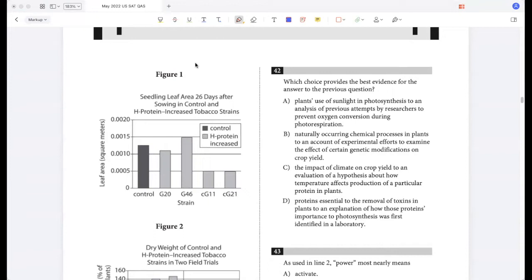Question 42. Over the course of the passage, the main focus shifts from a discussion of... Okay, that's the question. So it's not this. Over the course of the passage, the focus shifts from...